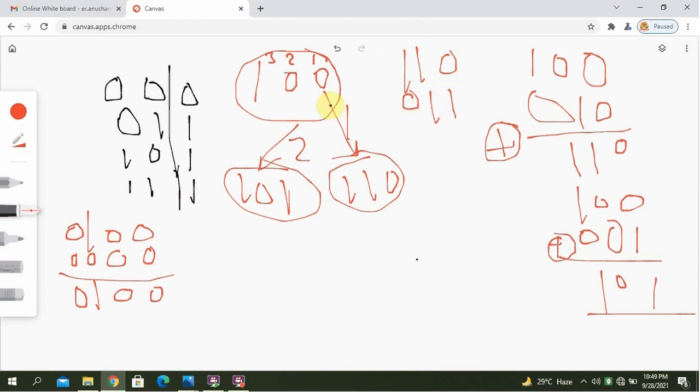हम यहाँ पे किसके साथ करेंगे इसको? इनिशियल स्टेट के साथ बिटवाइज ओआर ऑपरेशन परफॉर्म करेंगे. इनिशियल स्टेट इज 1 0 0. So bitwise OR operation 1 0 1 1 0 1 0 1 1. So here, first position, 1 1 1.